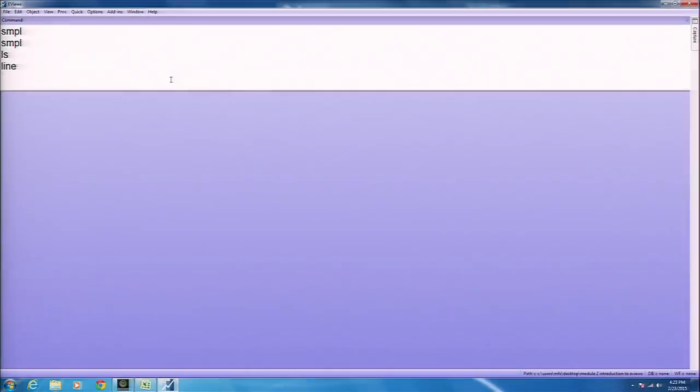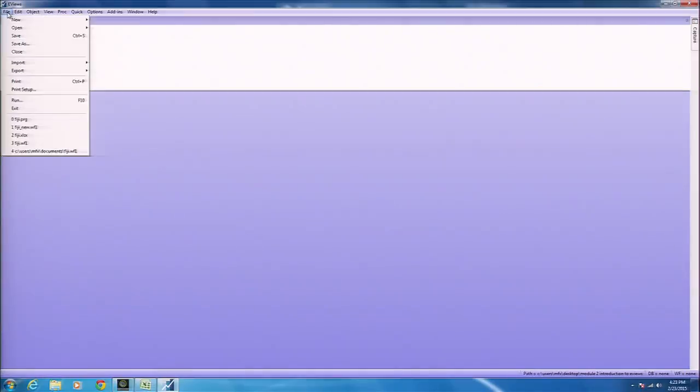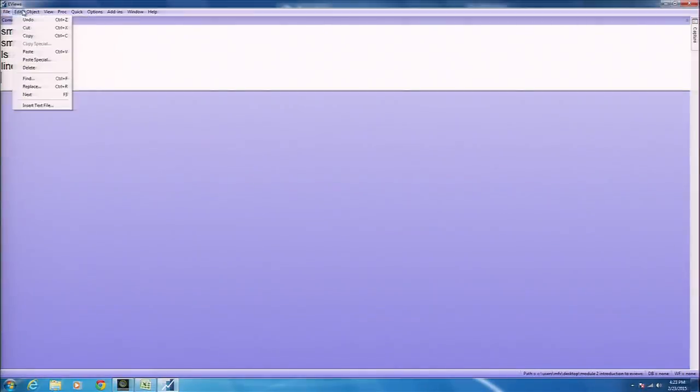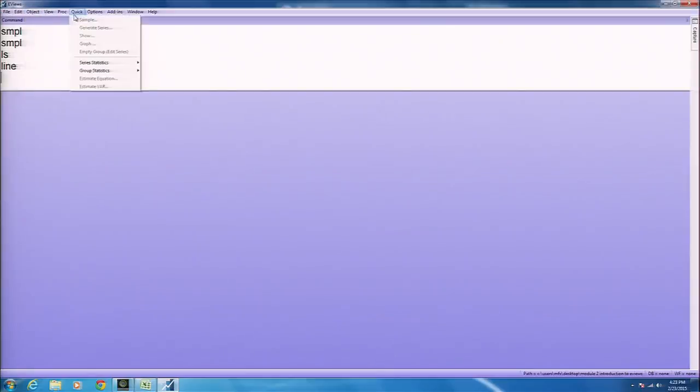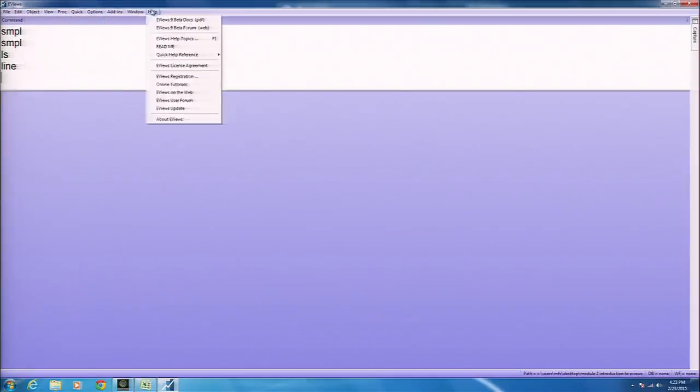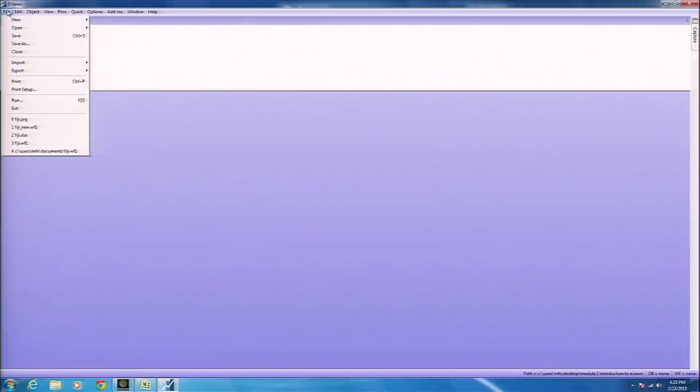Okay, now the other way of controlling EViews, and perhaps the most popular way initially, is the menu interface. You'll see up here, as I work my way across the menus, that we have various menus in order to perform certain operations. You should note that the File menu is very, very important because it enables you to create